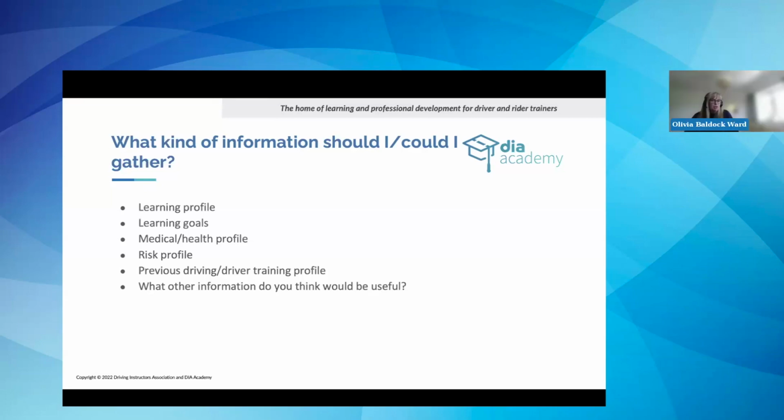So a couple of questions. Sean said, I actively seek student details in advance, as outlined on the current slide. I'm also registered and pay annual fee for data protection at GDPR. How many ADIs are registered and what's the DIA position on this subject? Good question. So yeah, ICO, sorry, Carly, you carry on.